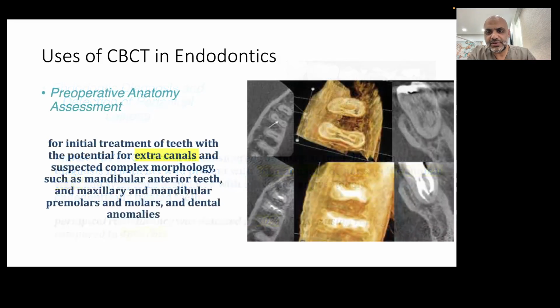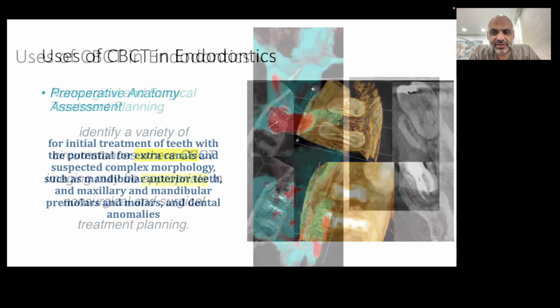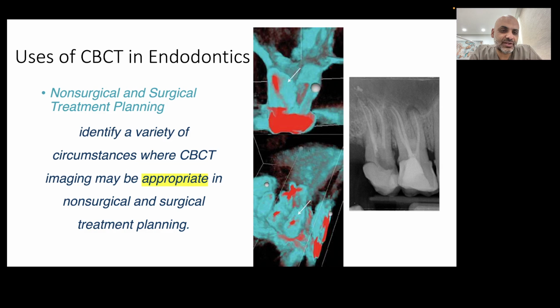طيب, what else can we use to assess the anatomy before the treatment? فأنا إذا عندي case I'm going to do root canal treatment and I'm not sure of the presence of extra anatomy, extra root, or unusual anatomy, one of the indications is to take a CBCT to verify anatomy in such cases. برضو في surgical and non-surgical root canal retreatment, usually we can take CBCT to verify the presence of the MB2. Example, the case on the right, الكيس هاي تحولت بعد ما فتحوا access لل7, although it was vital,